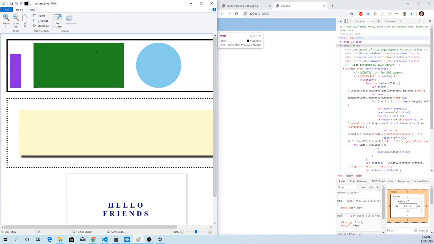Find the elements. We don't want it to be skinnier. Second,